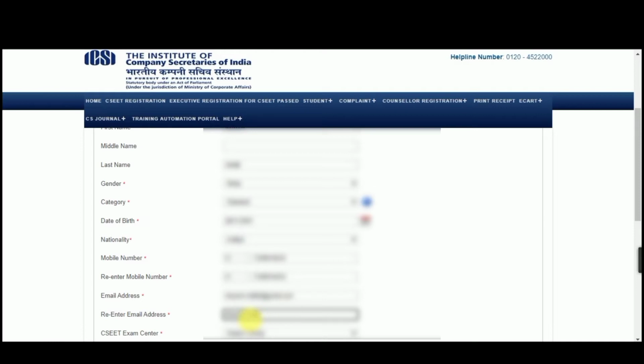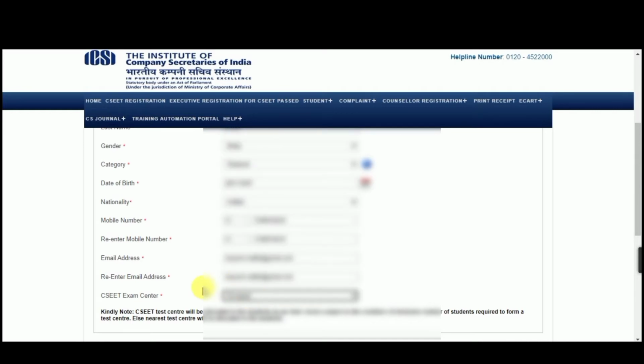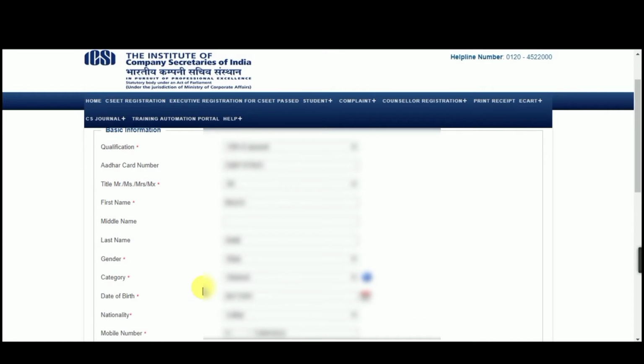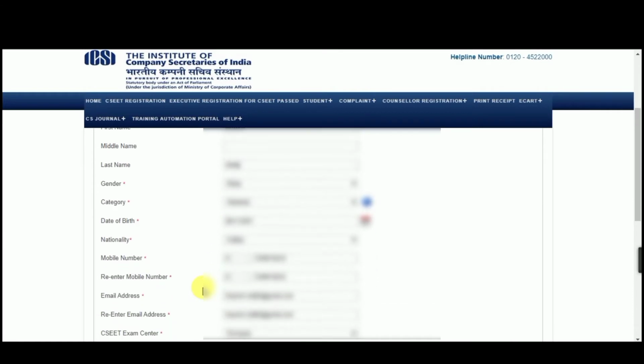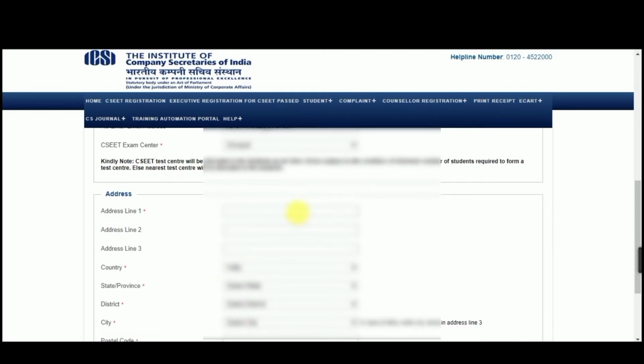Your email ID and phone number are mandatory. Now select your exam center. Choose your city. Recheck all the columns. Now fill your address.